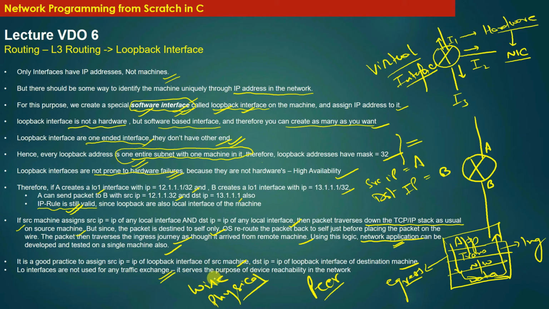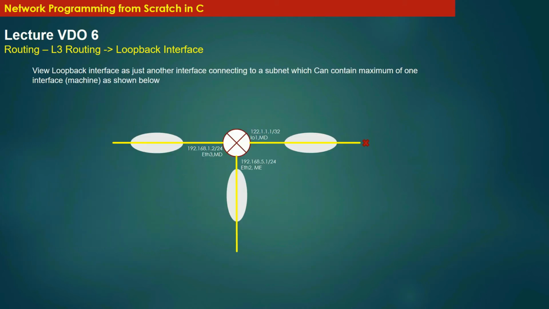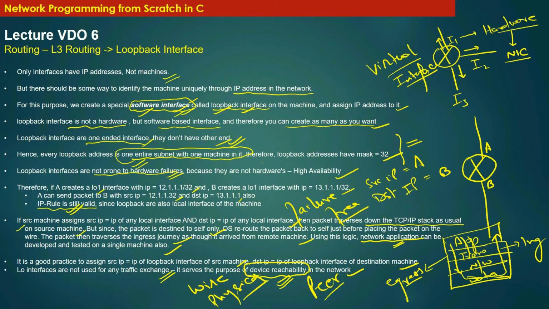Therefore, a loopback interface serves the purpose of device reachability in the network. Device reachability means you can always ping a device deployed in the network using its loopback interface, because the loopback interface is expected to be always up and running. Because the loopback interface is not tied to any piece of physical hardware, it is expected to be failure free. Hardware can fail, software cannot fail unless hardware has failed. Going forward,